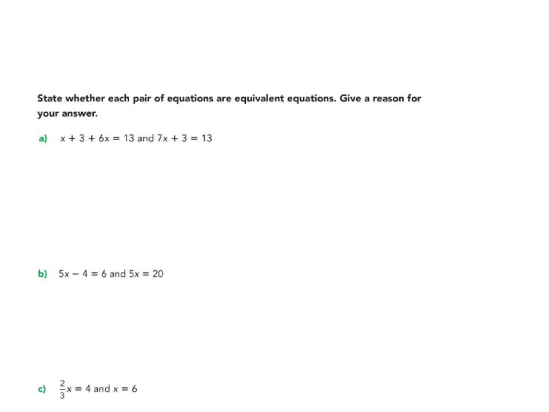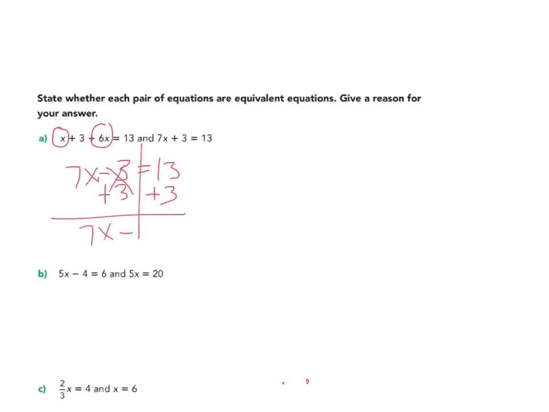All right, so now it says state whether each pair of equations are equivalent. Okay, so what we have to do is solve them both. So for the first one, we have x and 6x, so that's going to give me 7x plus 3 equals 13. All right, so we're going to add 3 to both sides. So that's going to be 7x equals,